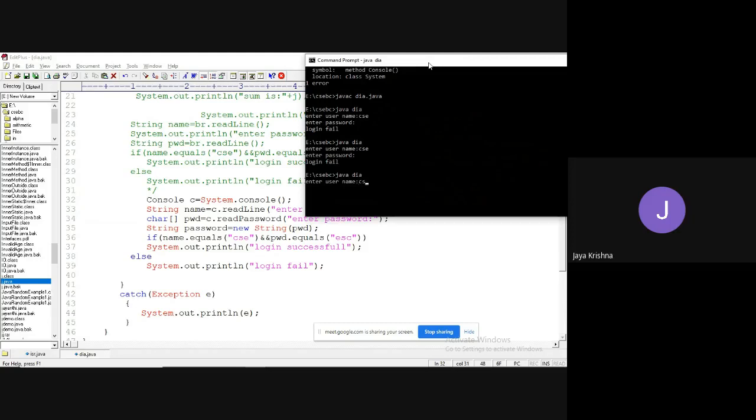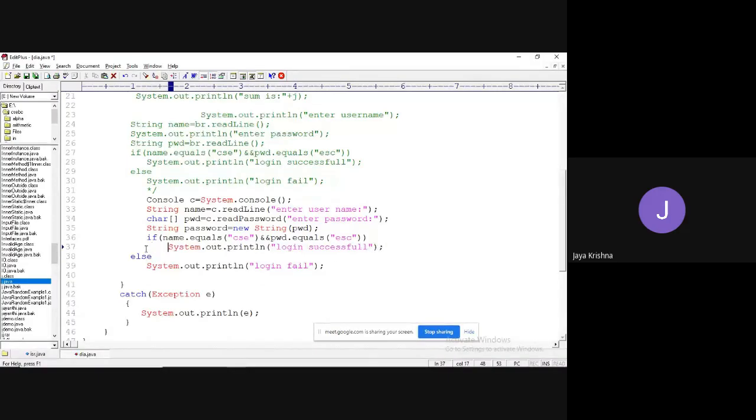Password CSC. Okay. Enter password. Where is the mistake? Showing login failed only.